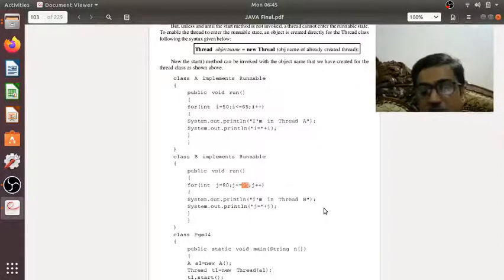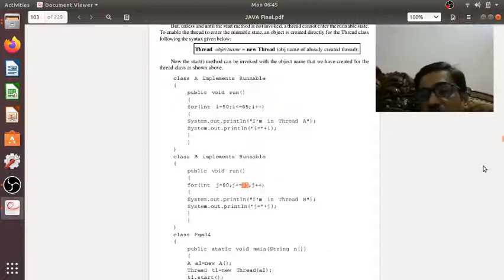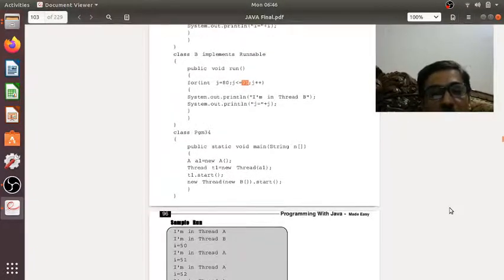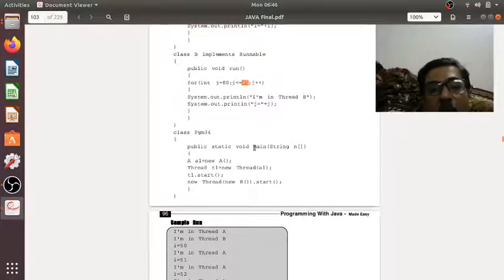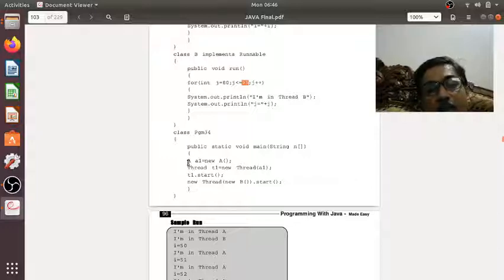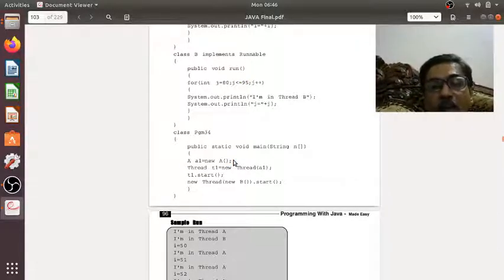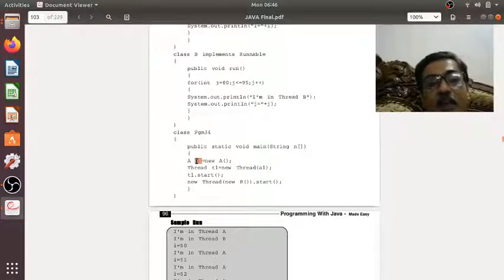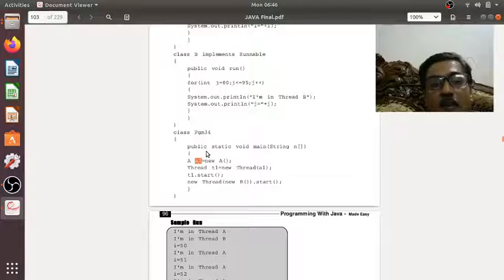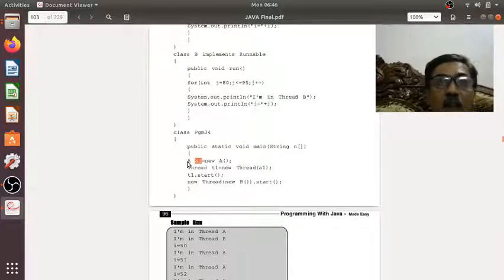Apart from these two threads, I also have another thread to accommodate the main method, called pgm34. Here you observe I am creating an object for A. In the previous case, directly using A1 we could have invoked the start method because the class was a derived class of the Thread class.